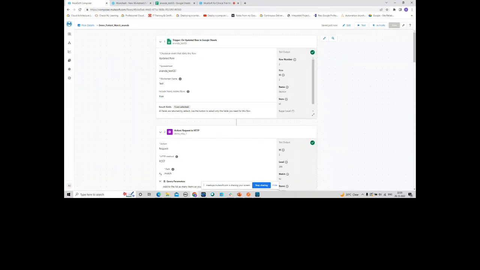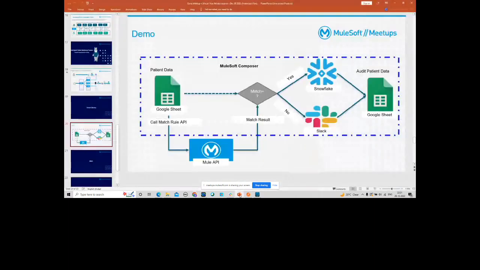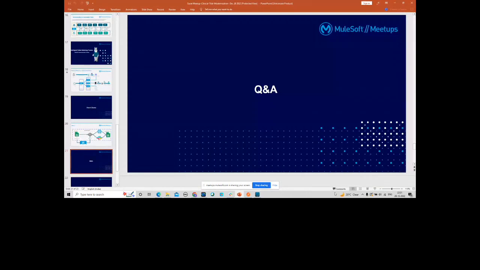Patient matching is one of the areas, and there too I am touching just a specific area. When I'm talking about patient matching, it's a big process. There are subsets of processes, and each subset can be automated using hyper automation. So I think that's it from my end. This is the last of my topic.